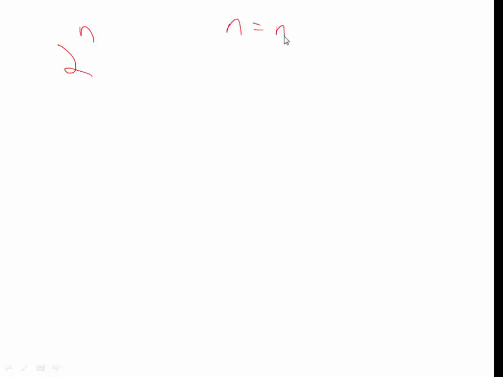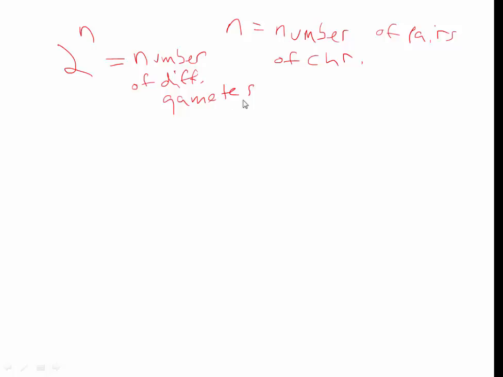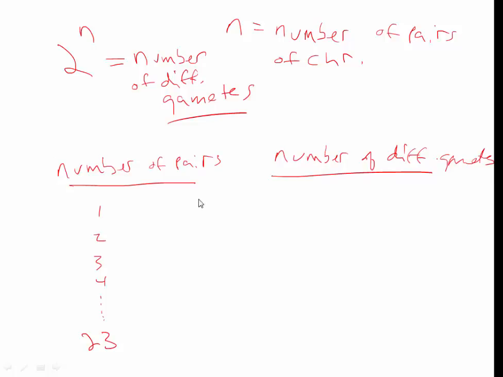But n is the number of pairs of chromosomes. And then this gives us the number of different gametes. And the reason that we get all these different numbers of gametes is because the chromosomes can line up in lots of different ways. And so if we have number of pairs, number of different gametes, and so 2 to the n,